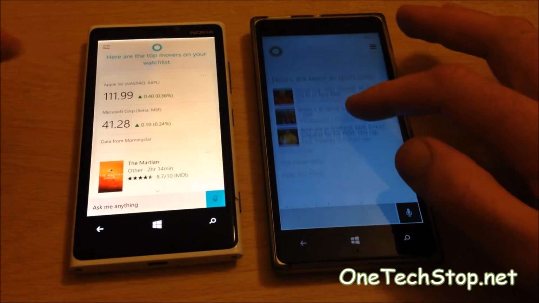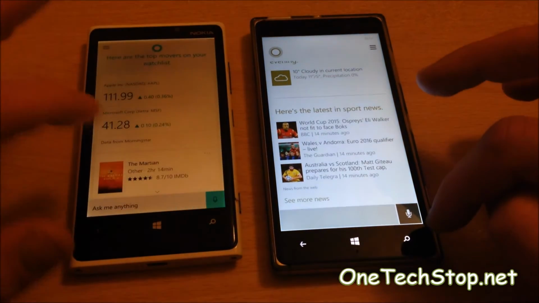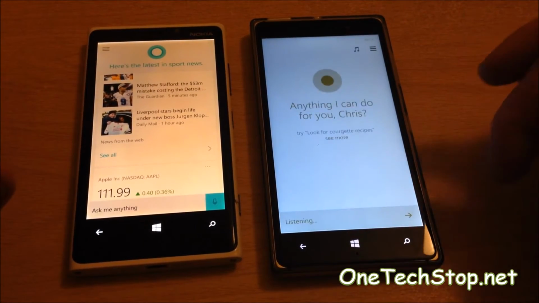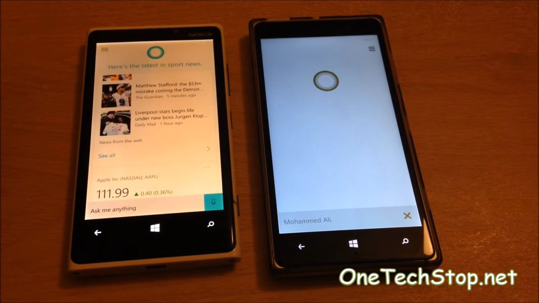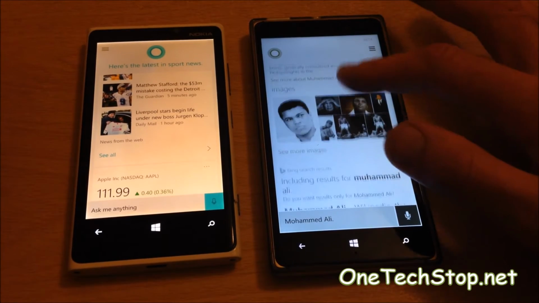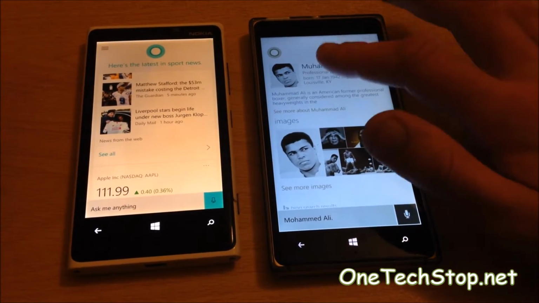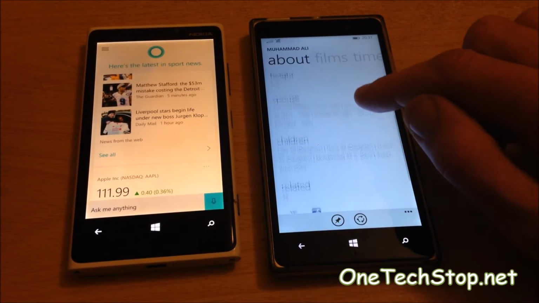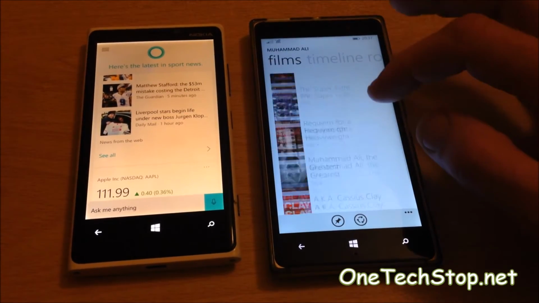One thing I've always liked about Cortana on Windows Phone 8.1 is if you do a search, Muhammad Ali for example, you do get this about section where you can read about him. You can read about people, you can see any films they've been in,